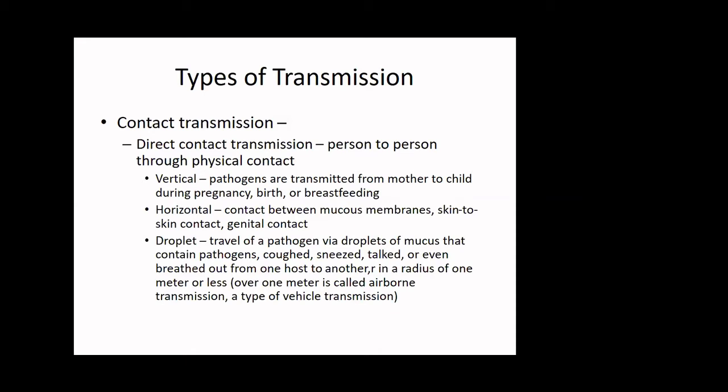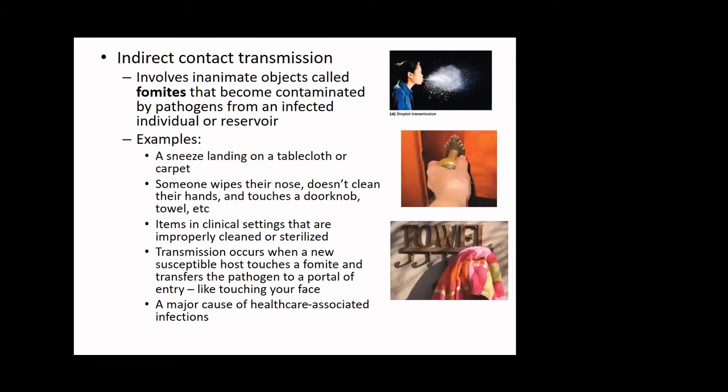If it's more than a meter, it's called airborne transmission, which is a type of vehicle transmission we'll talk about later. If it's a short distance in a droplet particle, that's droplet transmission. That's direct contact transmission. Indirect involves objects called fomites